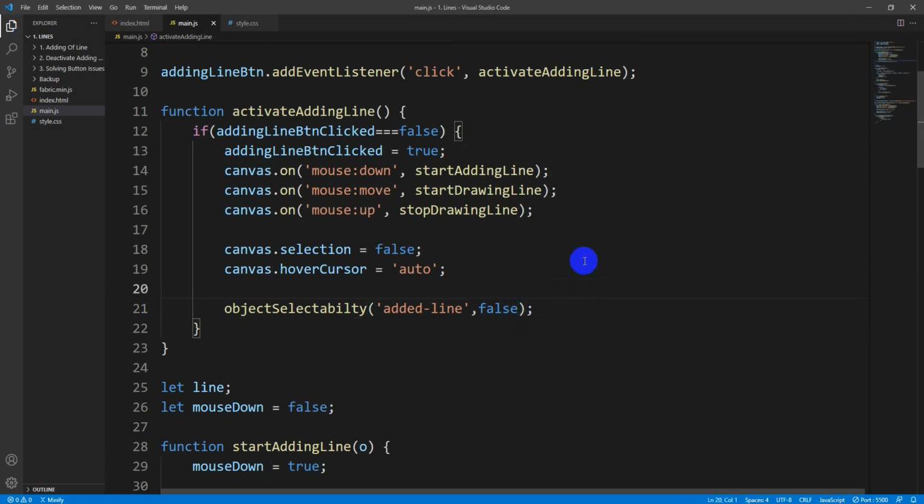So let's see whether this works the same way. I add a line over here. I deactivate, and I can select all these lines. Now let's press this button again. When I press this, the previously created lines cannot be selected. Let's see whether this works. And yes, it works.